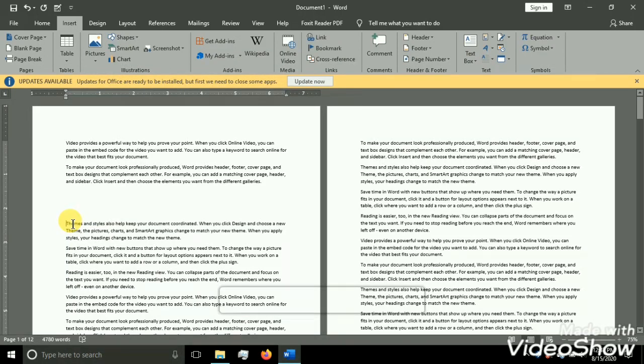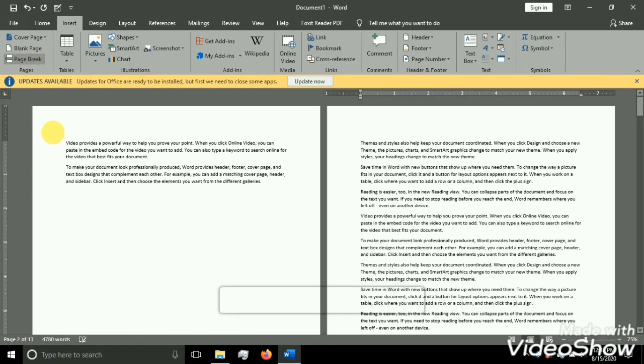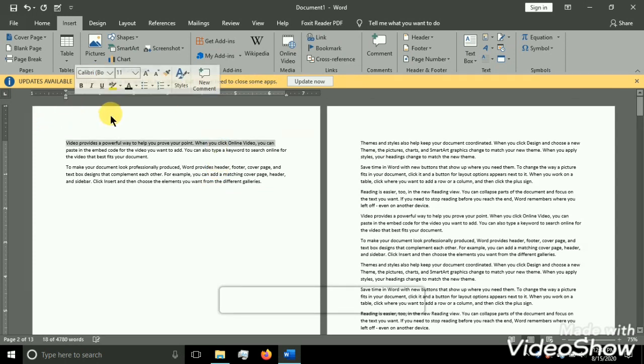What I have to do is simply use a page break button, or a shortcut key, which is Control plus Enter. Now I have pressed Control plus Enter so that my third paragraph is in the second page. So by using this page break, we can break the page, moving the sentence into another page. This is the Pages group.